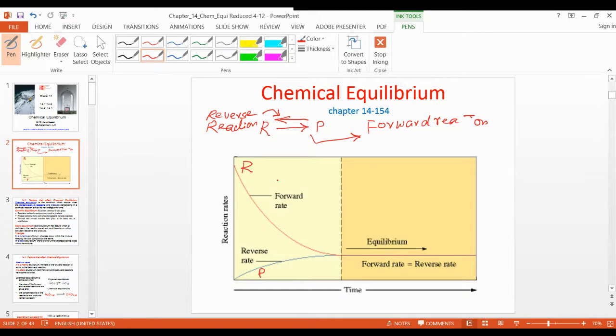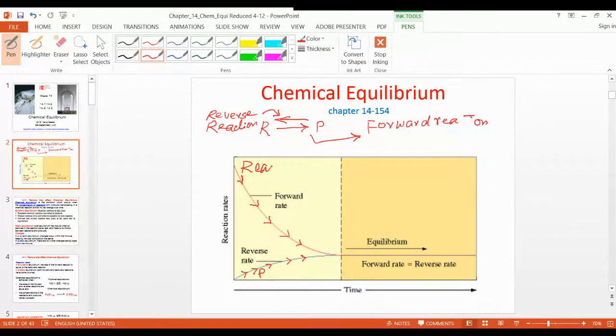According to this, the forward reaction is going to reduce. Look at here, this is coming down. What does it mean? This arrow showing down, what does it mean? Could you tell me? Reaction, I know, but why it is coming down? And this arrow is going up. Reaction rate is decreased.